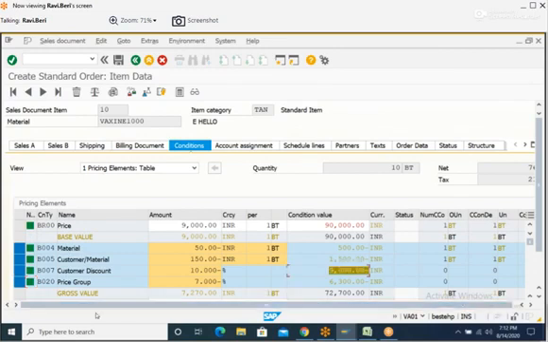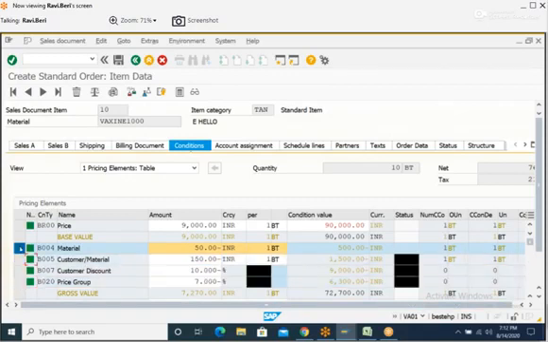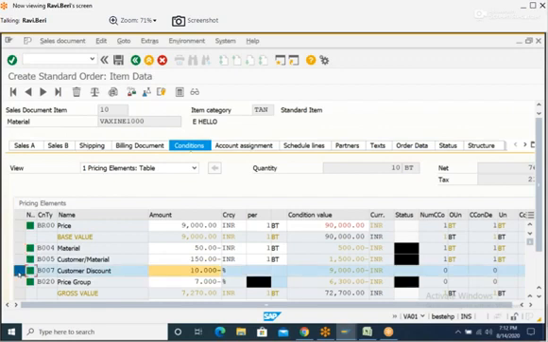Best condition means you will get this one, B007. So I'll group all these 4 condition types and I'll ask system to propose the best one. We'll see both best and least. Least means you will get this one, B004. But initially I'll configure to propose the best condition.